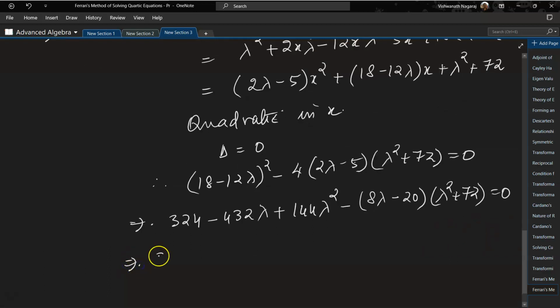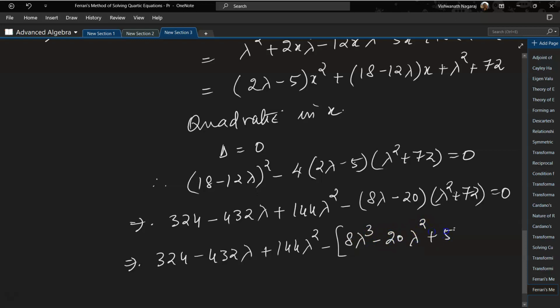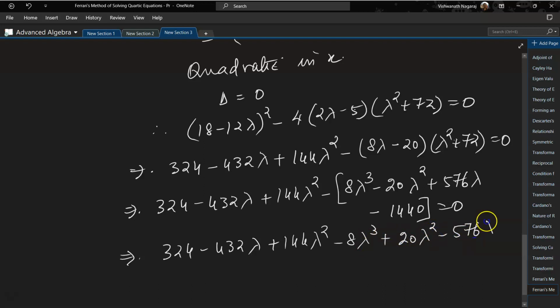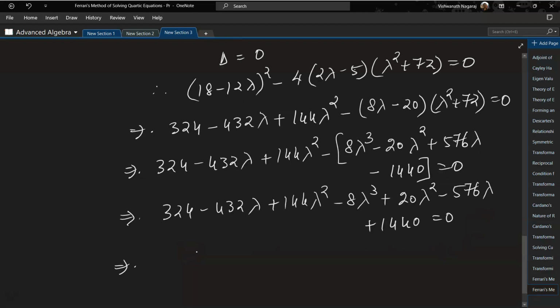Now let's open up that bracket as well. So 324 minus 432 lambda plus 144 lambda square minus 8 lambda cube minus 20 lambda square plus 576 lambda minus 1440 equal to 0. Let's open up this bracket. 324 minus 432 lambda plus 144 lambda square minus 8 lambda cube plus 20 lambda square minus 576 lambda plus 1440 equal to 0. This implies, now if we simplify it,